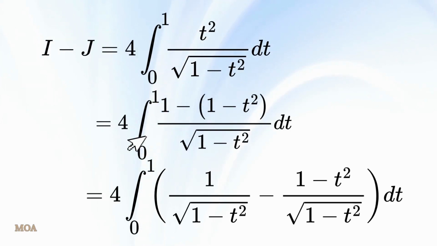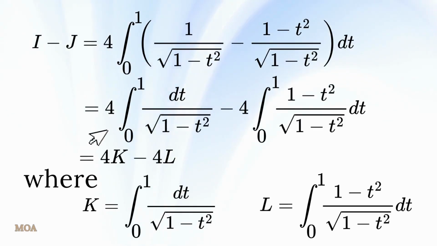Then, applying the linearity property of the integral, this yields I minus J equals 4 times the integral from 0 to 1 of 1 divided by the square root of 1 minus t squared dt, minus 4 times the integral from 0 to 1 of the quantity 1 minus t squared divided by the square root of 1 minus t squared dt. We express this as 4K minus 4L, where K denotes the integral from 0 to 1 of 1